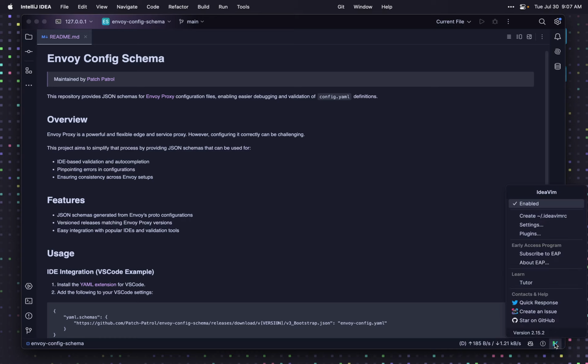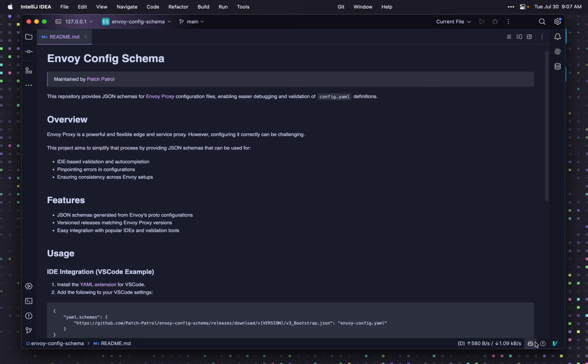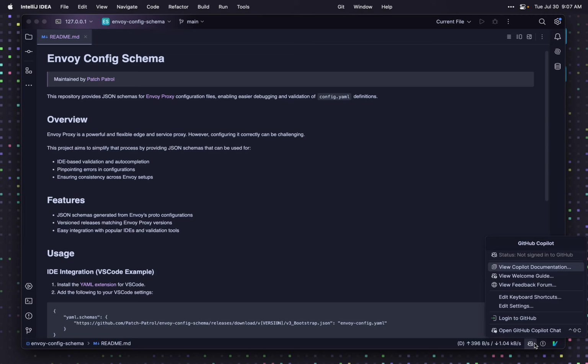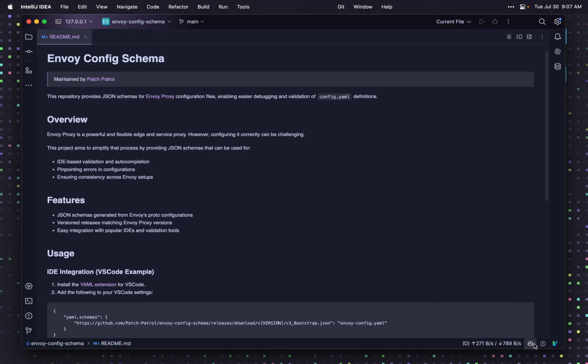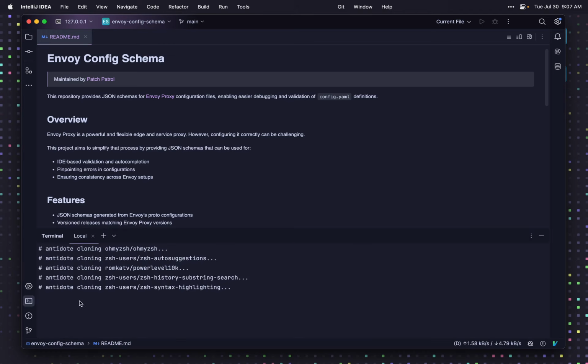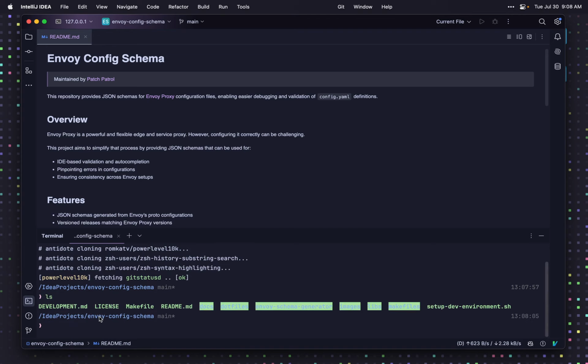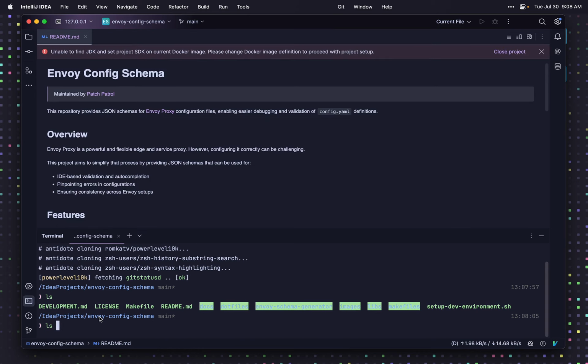So I have IdeaVim installed, I have GitHub Copilot installed. Of course, I have to log into GitHub for a new session, but that's easy to do. And then if we look at the terminal, the first time you open the terminal, it'll run Antidote, which is a Z Shell plugin config, and we can do things like ls the directory, you can ls -lh the directory